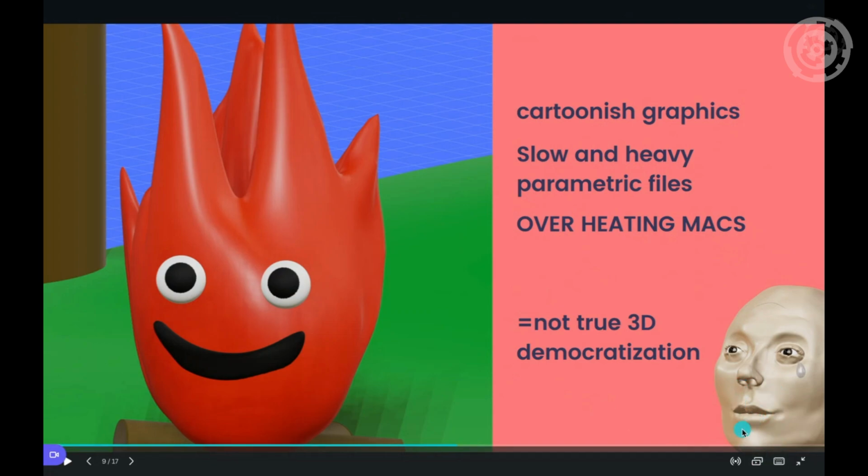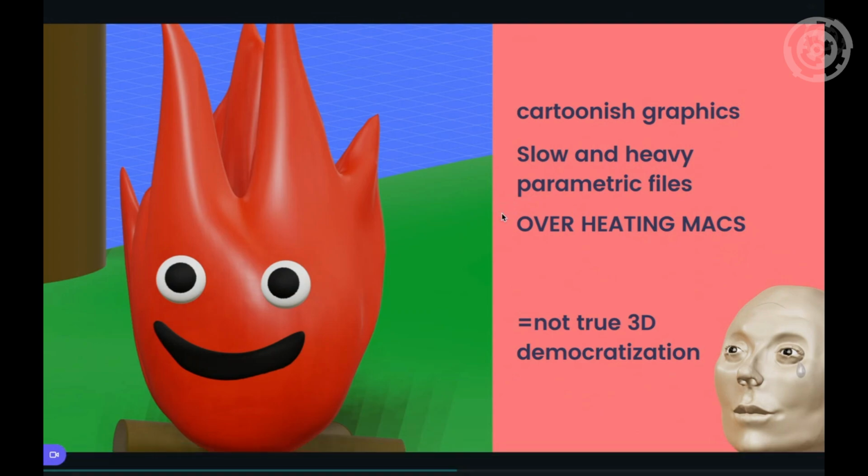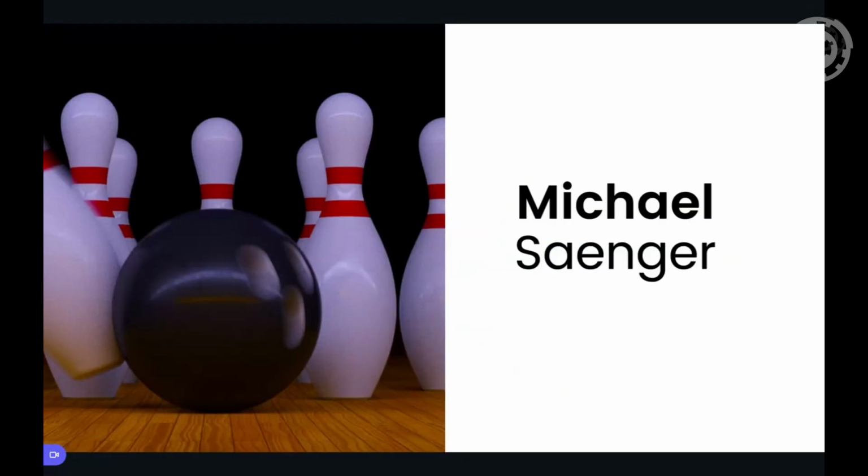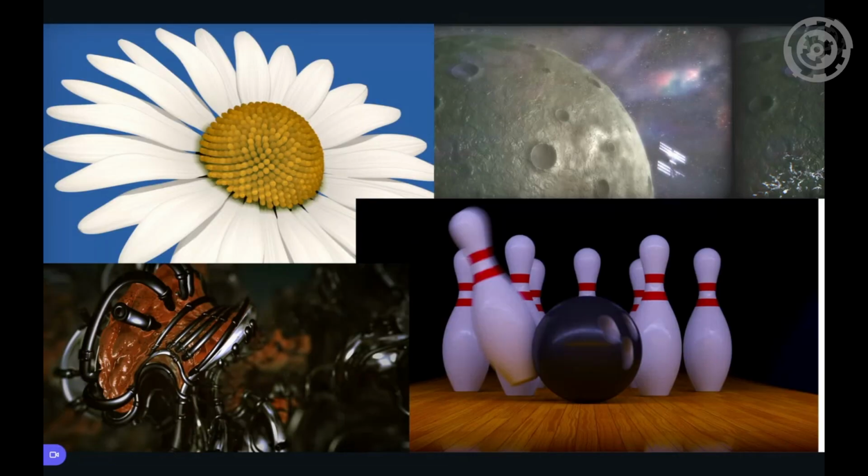And I was feeling defeated and thinking I haven't really broken these barriers, especially reusing technology that already existed, like 3JS and WebGL. Even though it's incredible technology, I felt like I hadn't built a solution that was truly revolutionary to democratize 3D. Meanwhile, Mr. Michael Sanger, Abductee, was creating incredible graphics in the demo scene, the Mercury demo scene. And you guys must know his work, I'm assuming. Really impressed by this work. And it was while I was looking for somebody who would help me build this new engine that somebody introduced me to Michael.